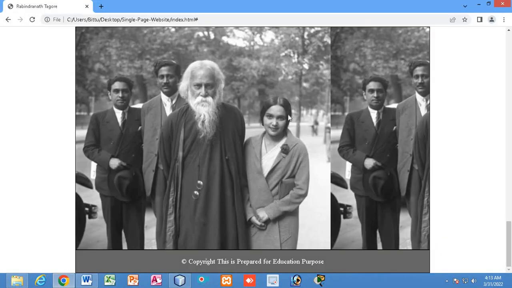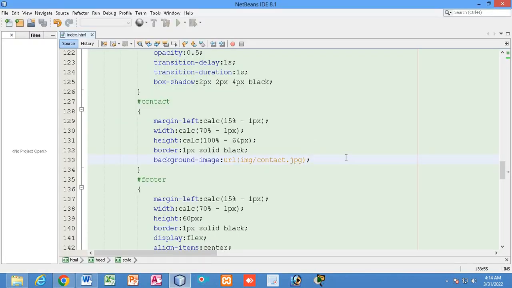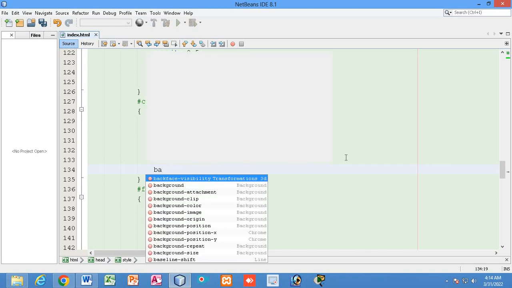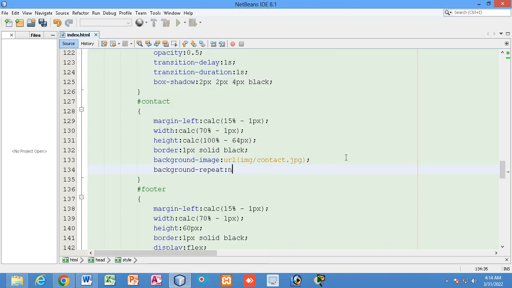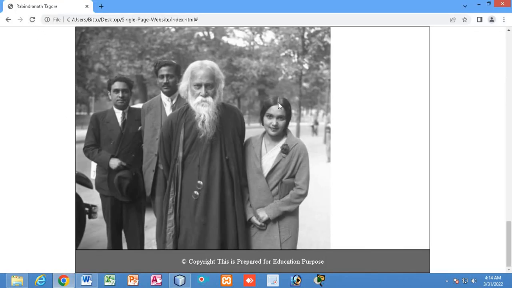So you can see the picture has repeated. So first thing I need to do, I have to stop the repetition of the picture. To stop the repetition, I will write background repeat, no repeat, right? Now the repetition has been stopped.